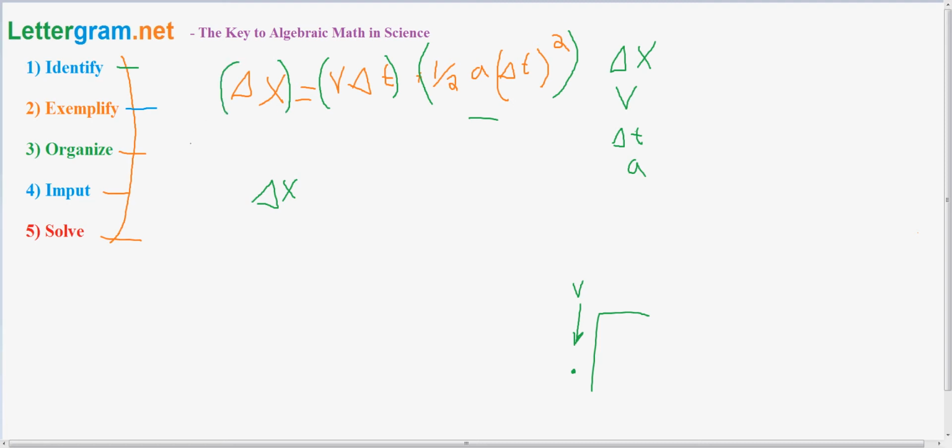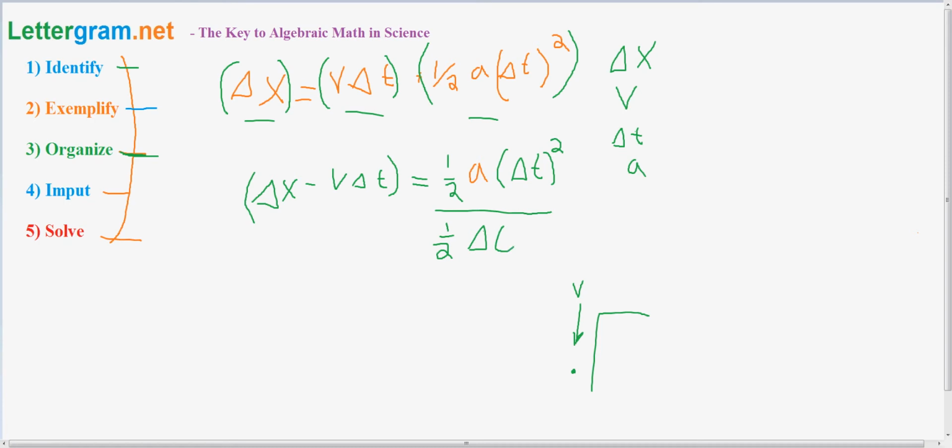So when we're trying to organize this equation, I can then subtract this term from this term, because I move it over to the other side, and that'll equal 1/2, and then I'll put the variable I'm trying to solve for in orange, and then I have change in t squared. Now what I could then do is divide by 1/2 change in t squared